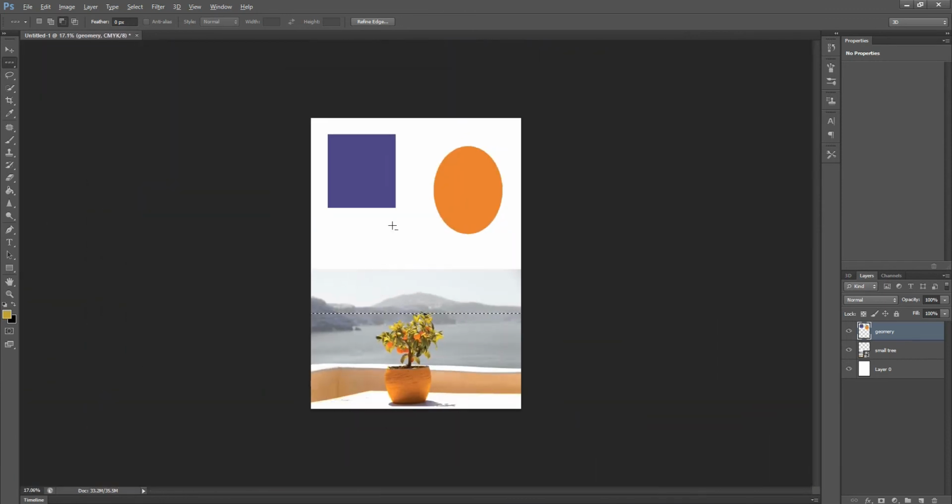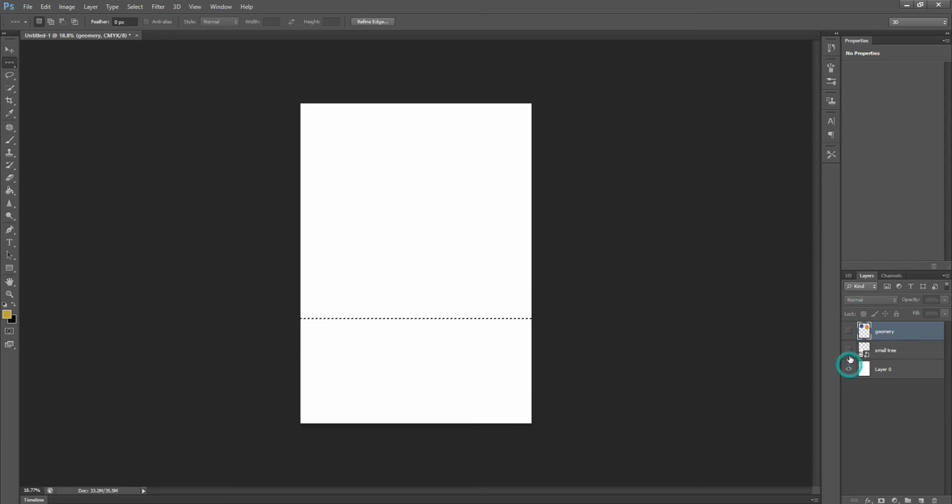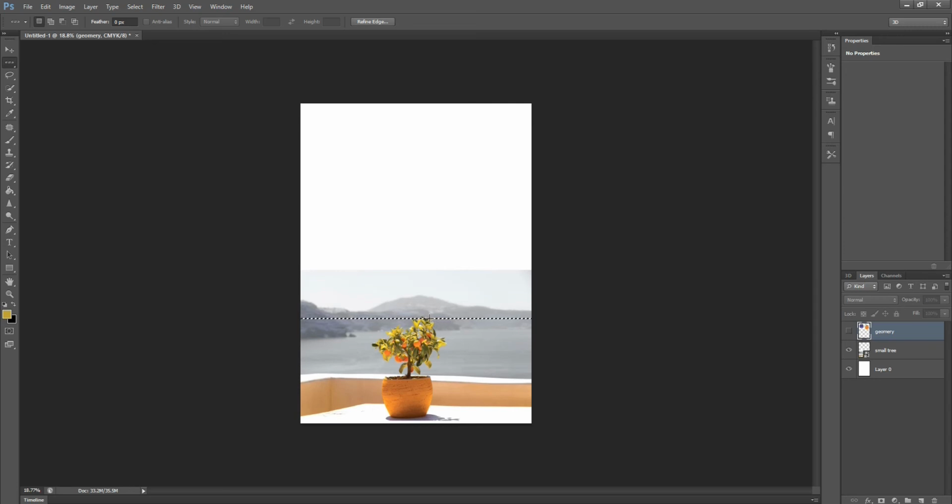Now zoom out, guys. Let's go to the layers panel. When we look at the layer, there is an eye option. When we click on the eye option, we can make the layers invisible. The eye is gone, so the layer is invisible. When the eye is shown, it's visible. So we can make the layers invisible and visible from here. If we don't want this selection, then Control D is the option to deselect the particular area.